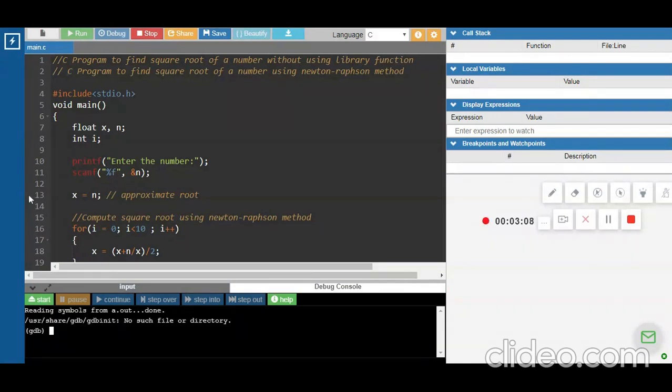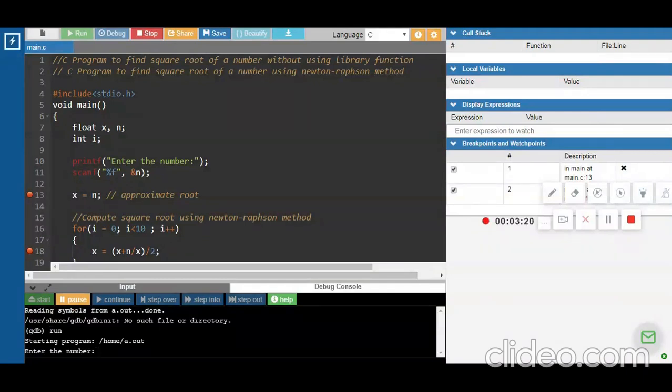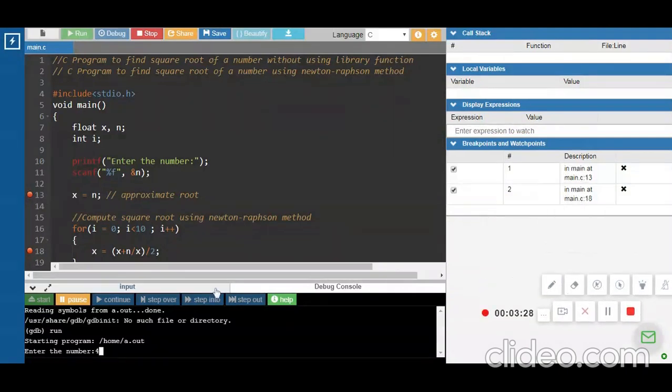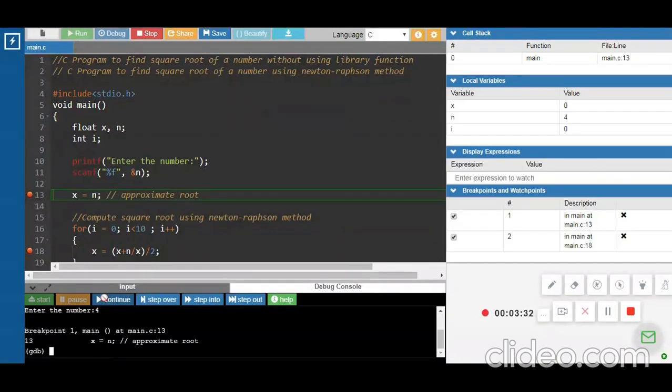Let's put a breakpoint. Enter a number. I am entering 4. So you can observe the right hand side.